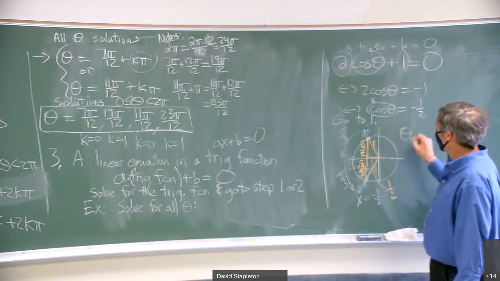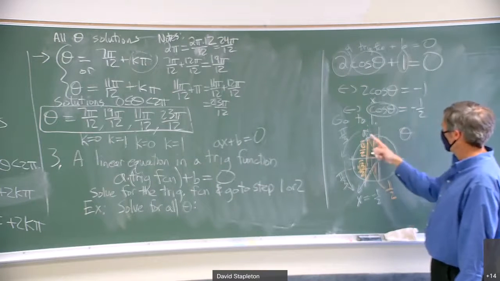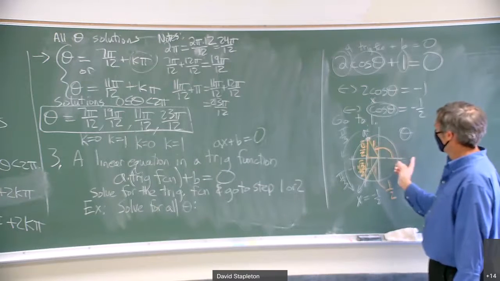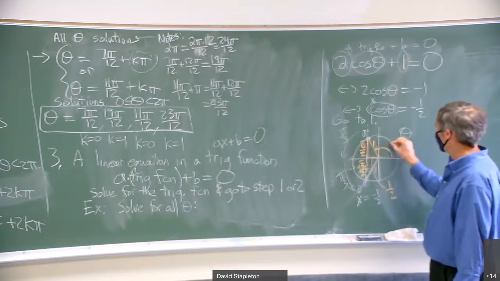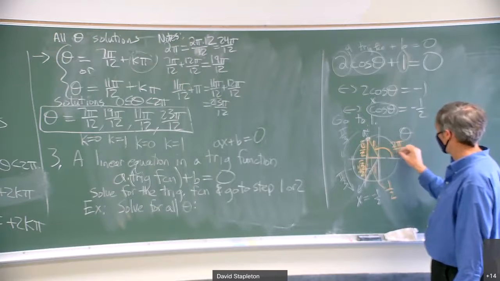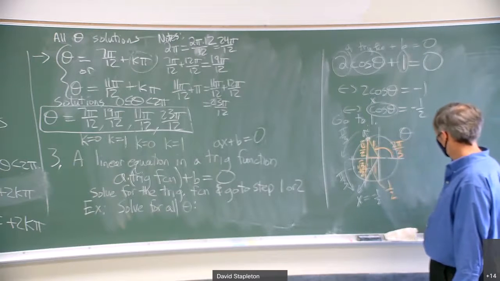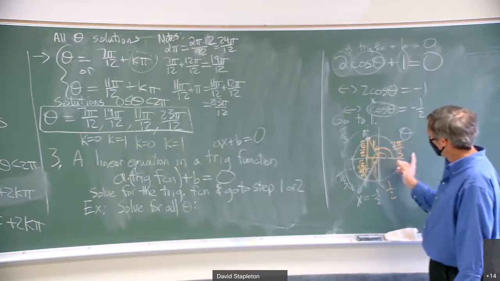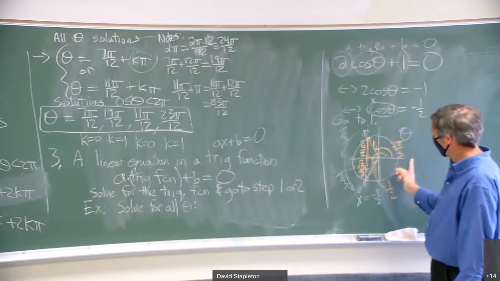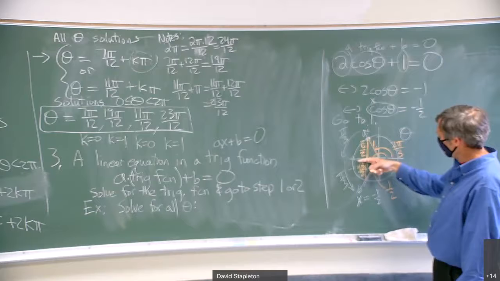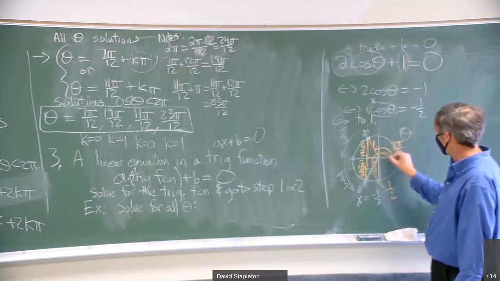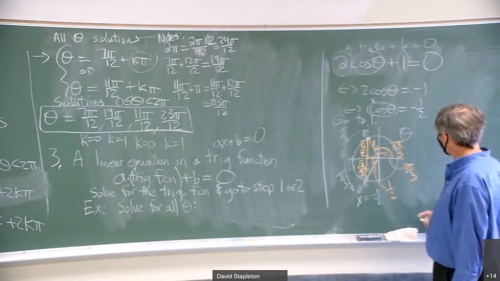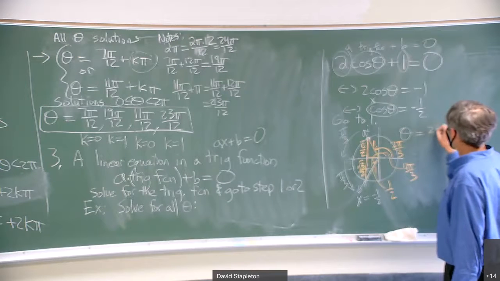That means theta can be this angle. What is it? Pi back up pi over 3 is 2 pi over 3, right? 1 pi minus a third pi is 2/3 pi. How about this one? Pi plus a third pi. Pi is 3/3 pi plus 1 more third pi is 4/3 pi. There it is. Theta equals 2/3 pi